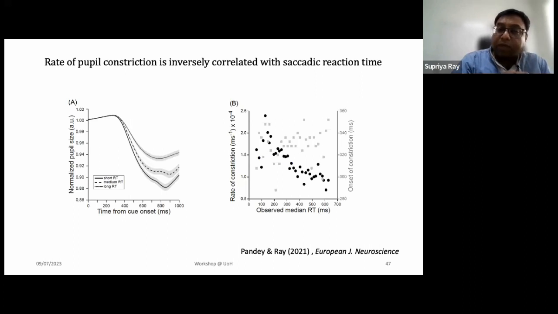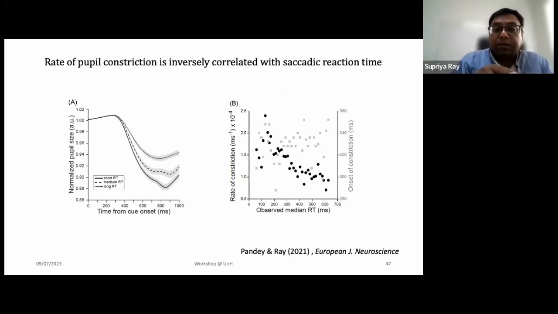So that is what you call reaction time. We grouped correct trials based on the reaction time and plotted the pupil size as a function of time. And this is where you see that when the reaction time was shorter, pupil size reduced at a faster rate, the solid line, if it is visible to you,